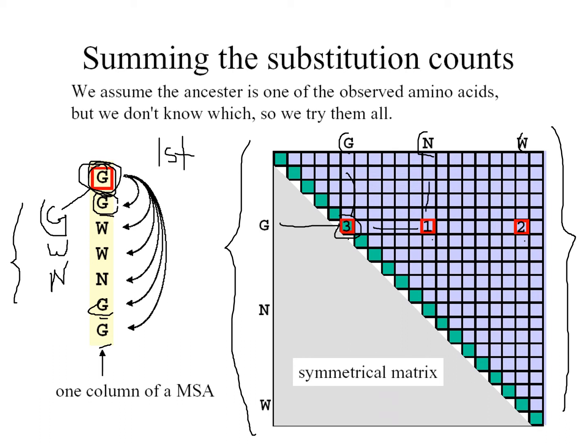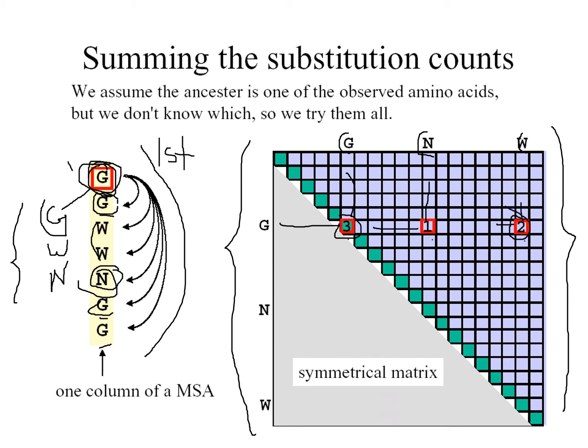All right, in the previous case, G to G, we considered the first G as the ancestor, and leaving the first G, we see how many more G's there are, comparing G to G. In the same way, for G to N, we have 1 N here, right? So we wrote 1. And for G to W, how many W's do we have? We have 2 W's, so we have 2. So this was the case when we took the first letter as the ancestor.